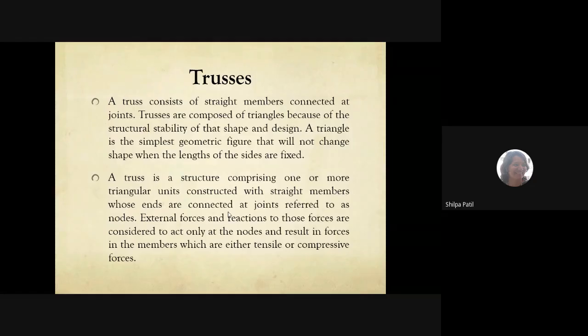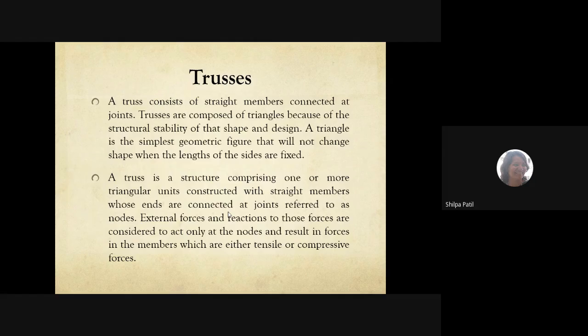Okay, because assumption means actually the connections are made in such a fashion that the forces developed in the members are always in axial manner. No moment or shear force is developed in any member. Okay, so that's why all these members are called as the members subjected to axial forces. Now the axial force has only two natures: either it is a tensile force or a compressive force. That is a force which is acting towards the joint or the force which is acting away from the joint. And because of that we can define two natures: either tensile or compression.